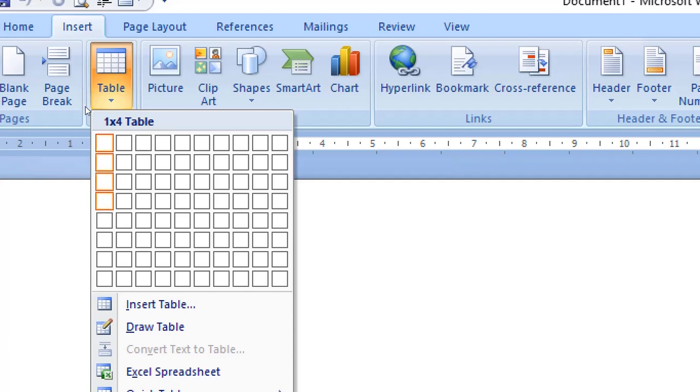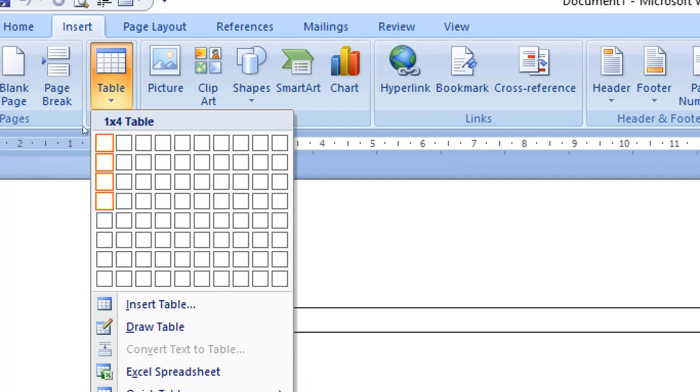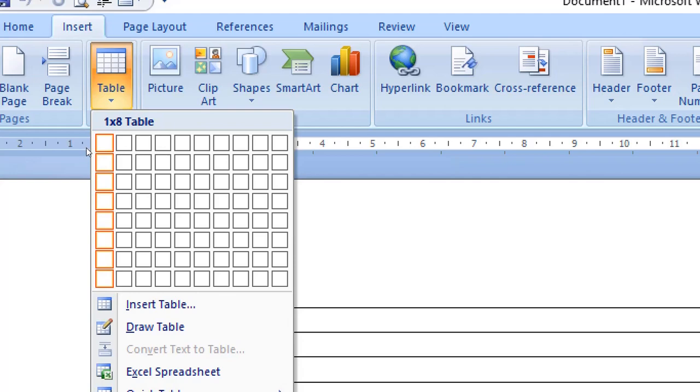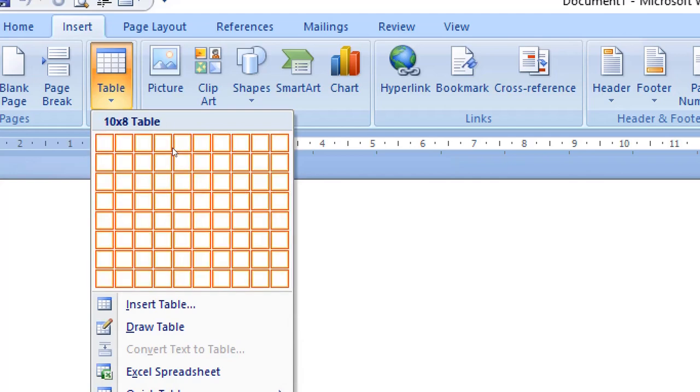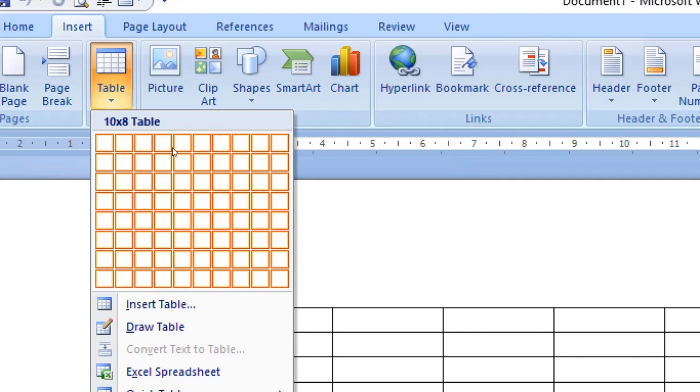Here you can choose from different ready-made grids, for example 10 rows and 9 columns, or 8 rows and 10 columns. This is the basic grid.